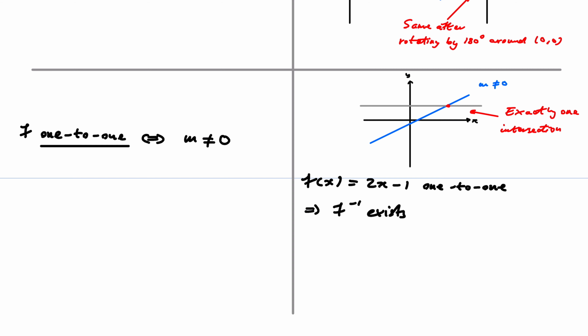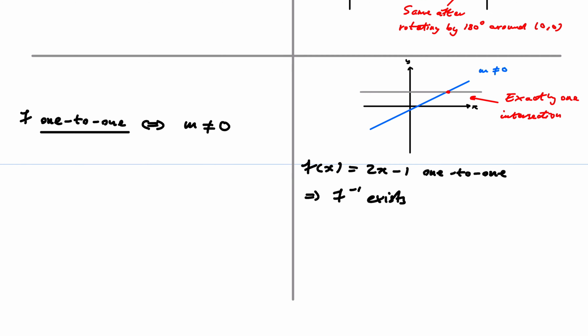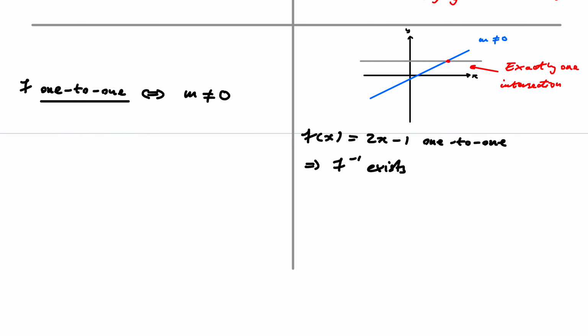So remember, that's not the reciprocal, it's not 1 over f, that's my notation for the inverse function. So algebraically, to find an inverse, you kind of flip the x and the y. So we'll say x is equal to 2y minus 1, that's f of y. So now I need to solve this for y. So this is if and only if 2y is equal to x plus 1, adding 1 to both sides, and I suppose rearranging the left-hand side and the right-hand side. And now this is if and only if, dividing through by 2, y is equal to a half